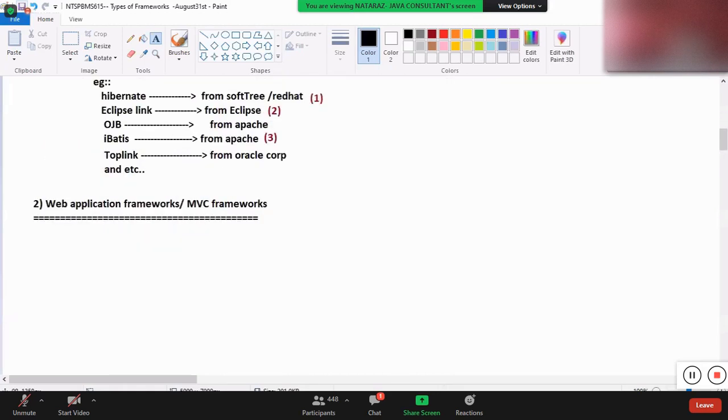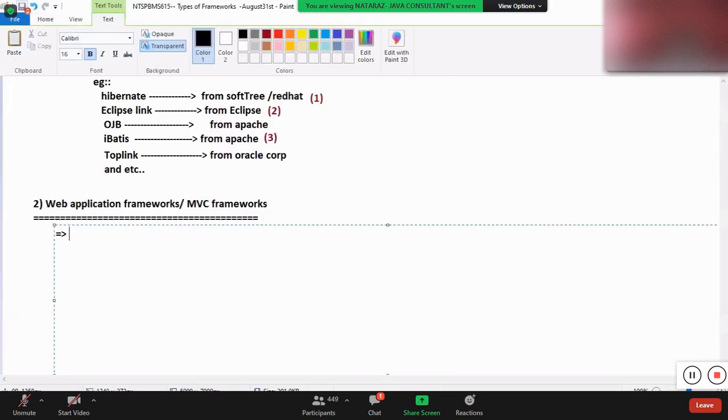Super, boss. Okay. What is the next story, guys? Provides abstraction on Servlet JSP technologies and simplifies MVC architecture based